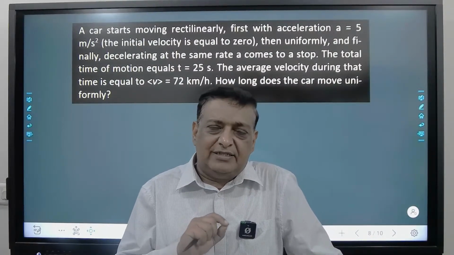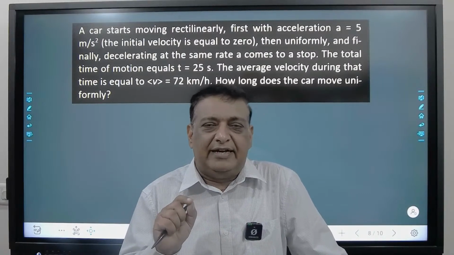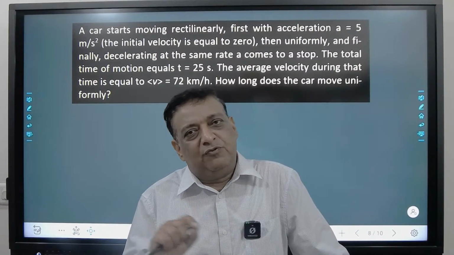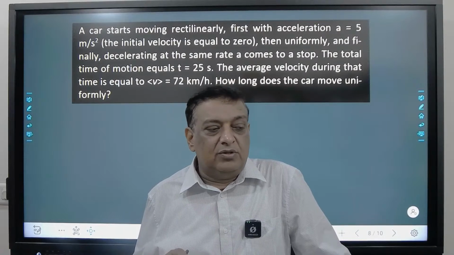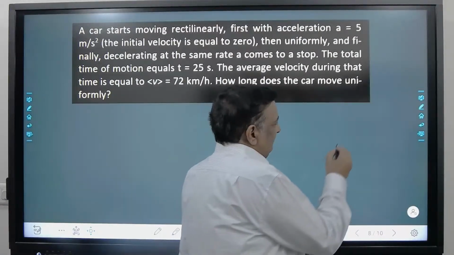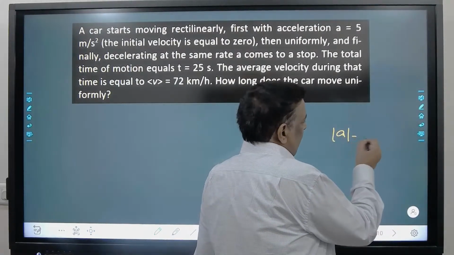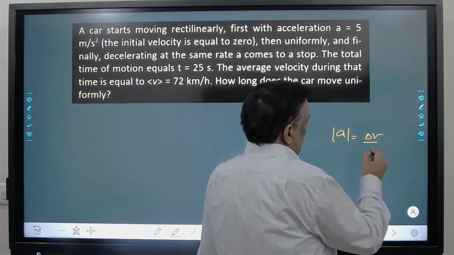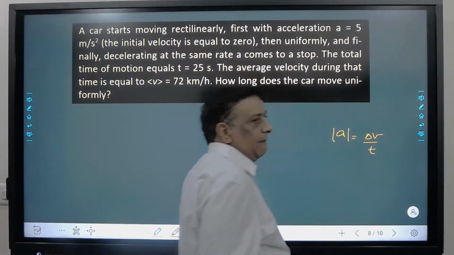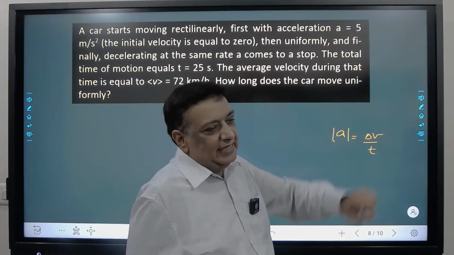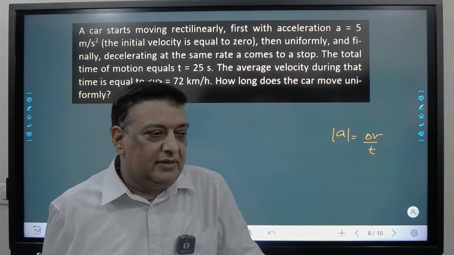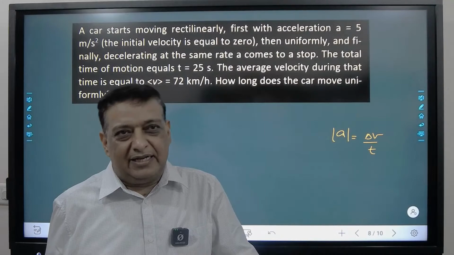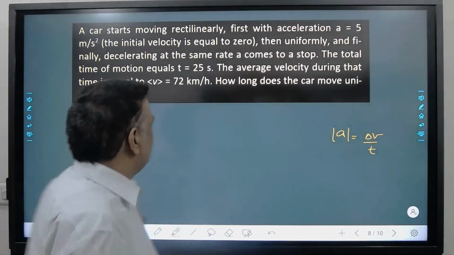Because the change in velocity is first from 0 to v in time t1 and then from v to 0 in time t2. So if acceleration and retardation are the same in magnitude, it's delta v by t. If acceleration is the same and change in velocity is the same, then you can say that the time taken will also be the same. So if you draw its graph,